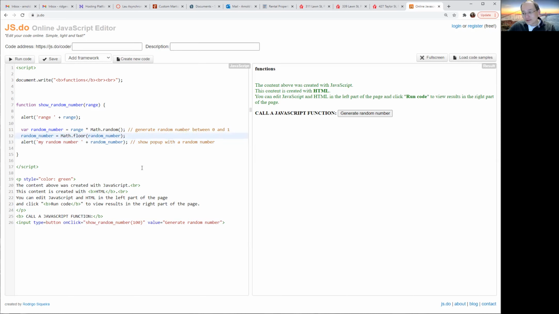Okay. So hopefully this helps you to understand, or at least have an example of us doing an on-click event from a button and the JavaScript that's inside of that, and knowing how to pass an argument into a function where it's taking in a